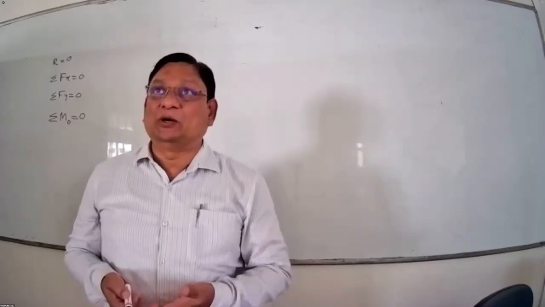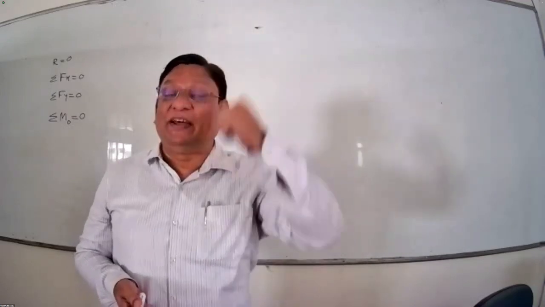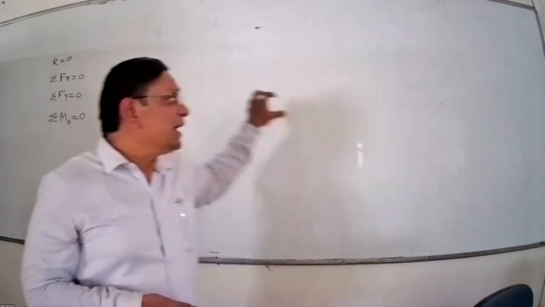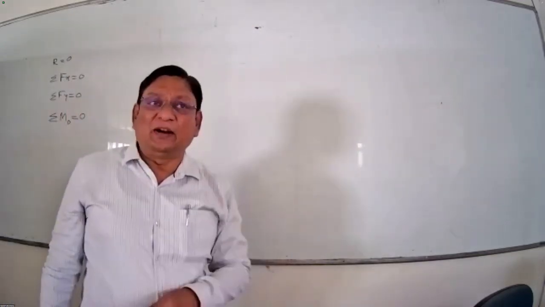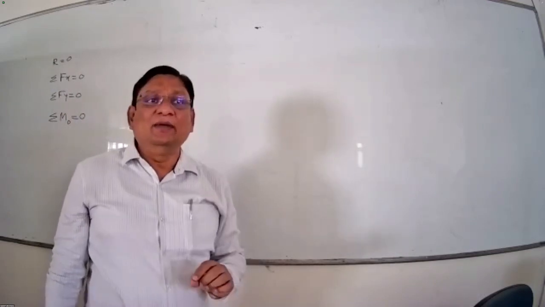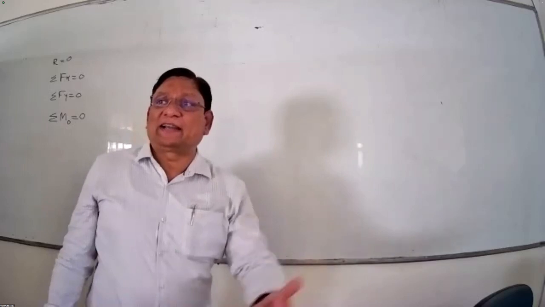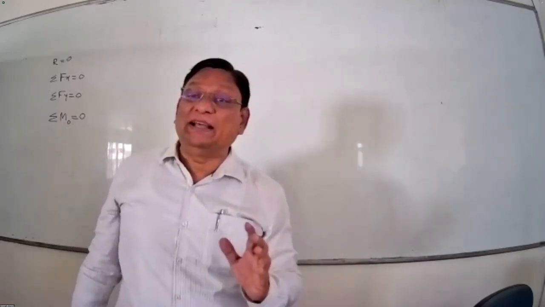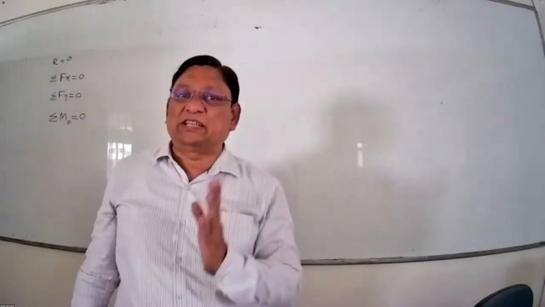Suppose you see the ceiling fan. The ceiling fan is also supported, where it is supported to the ceiling. This blackboard is supported on the vertical wall. So all the bodies are kept in equilibrium as they are supported somewhere, right? So supports are providing some reactions, or in other words, they are providing the equilibrium force. What is the equilibrium force? The force which keeps the body in equilibrium.